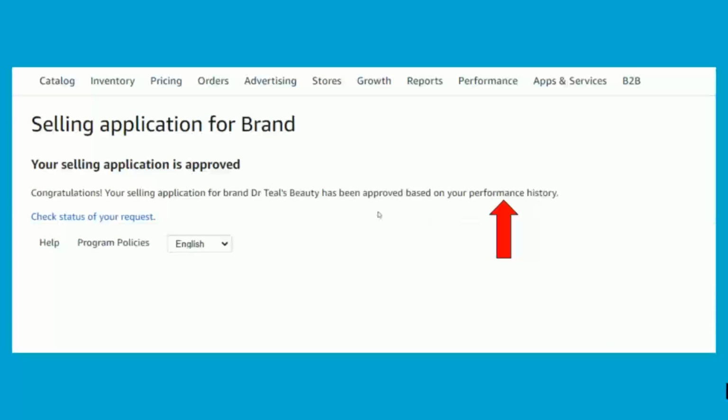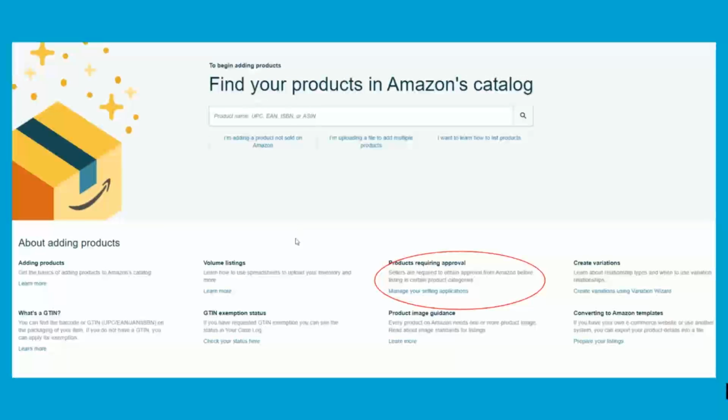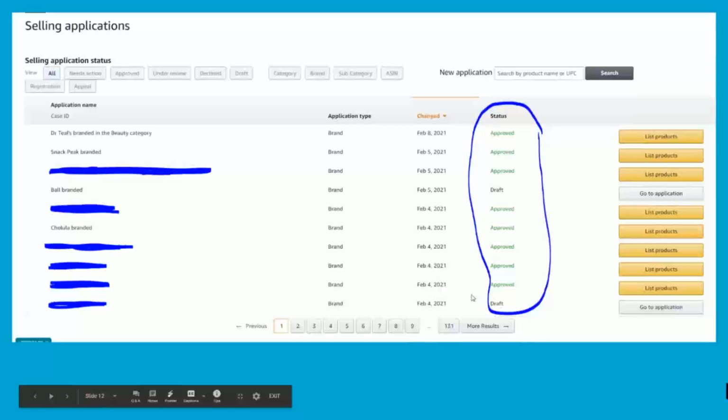So let's say you're not auto-approved and it gives you an invoice or whatnot. You don't have that invoice right now, but you want to see where your applications are. I always go this way. You could bookmark it or whatnot, but I go to add a product and it's right here. Products requiring approval. Manage your selling applications, and you're going to get a page that looks like this. This is all of my applications. You can see I have 131 pages, and I think there's about 10 per page,